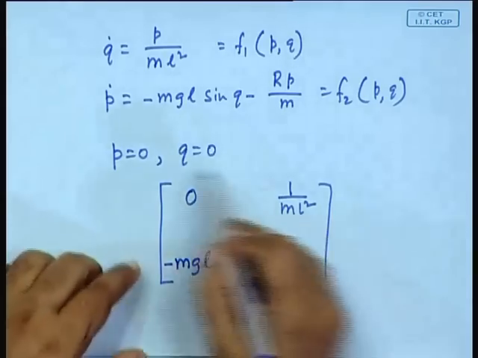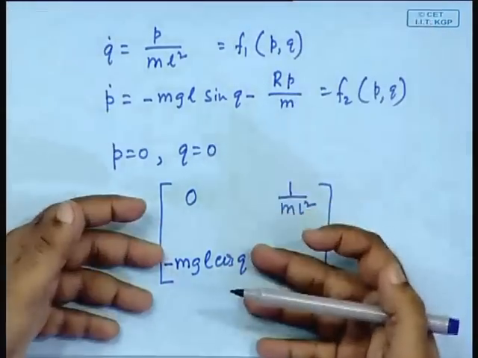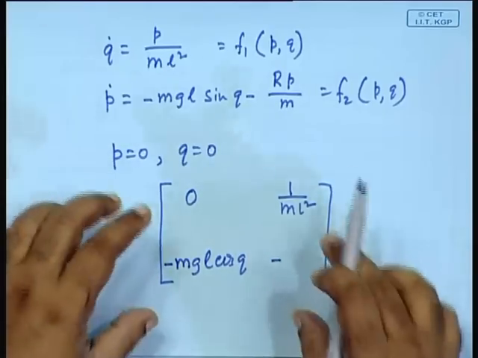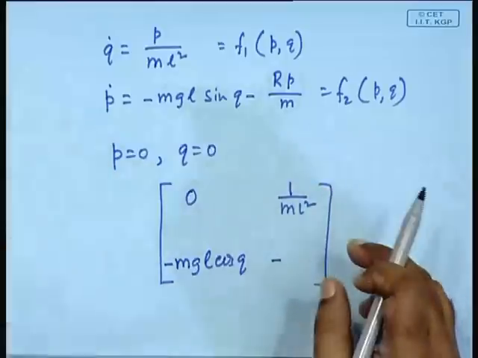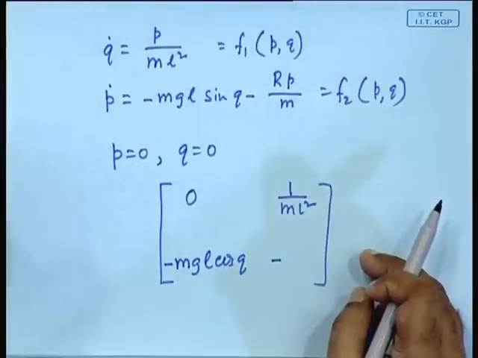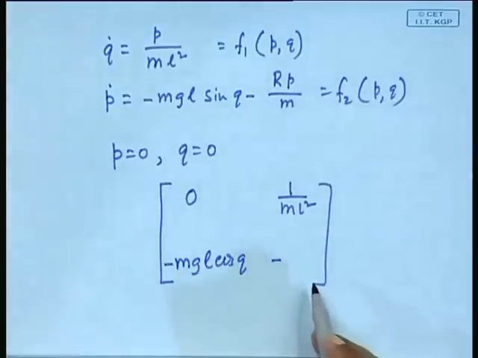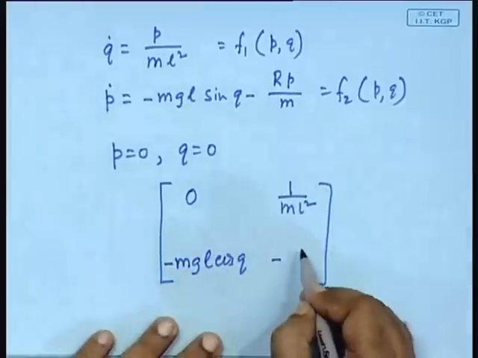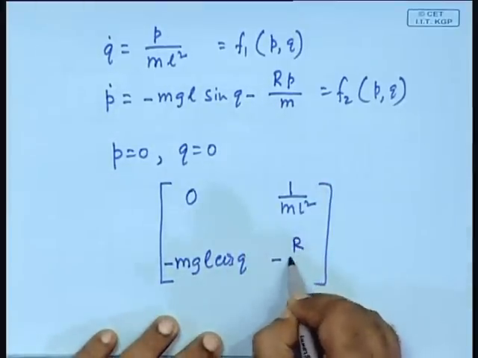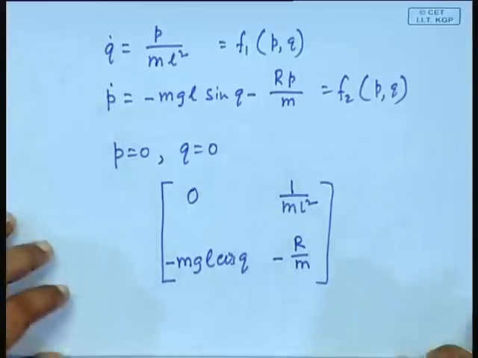wait, I am yet writing only the Jacobian matrix. From here I am obtaining, and then we will say that okay, now that we need to change the coordinates because these are the local coordinates defined in terms of deviation from the equilibrium point, and then we will say x and y. Presently we are writing only the Jacobian matrix. The Jacobian matrix, this is right, and here it will be r by m. Happy? So, that is the Jacobian.